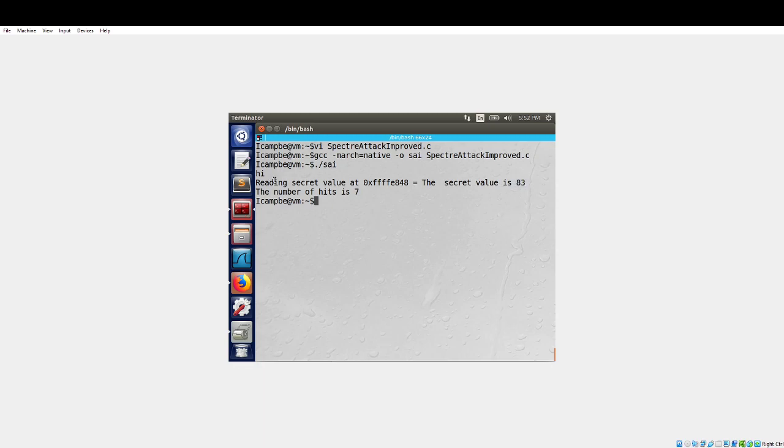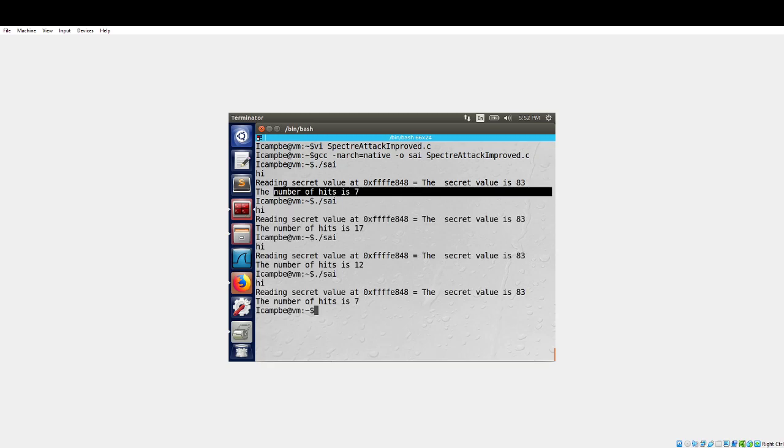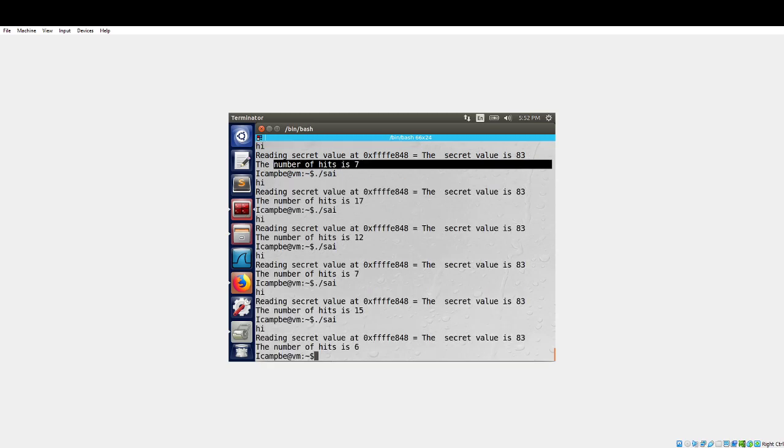I also uncommented that high earlier. That was just to make sure it went into the if statement. So the secret value is 83, which is correct, and number of hits is 7. So we can keep doing that. It's going to work every time. Yeah. So if we want to go ahead back into our editor,